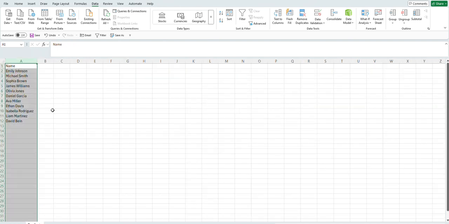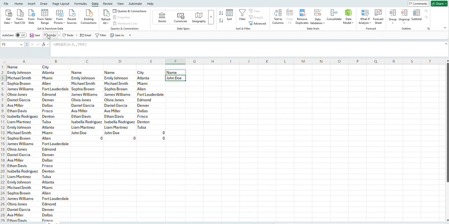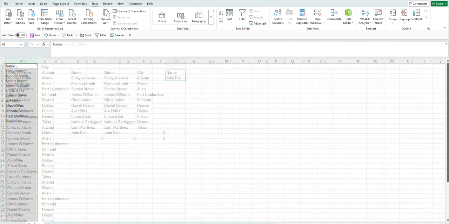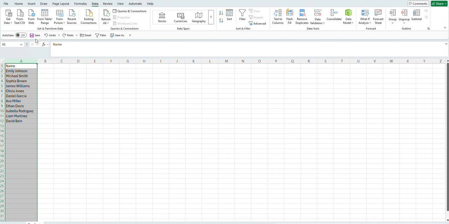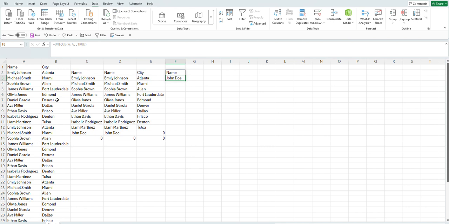Remove duplicates, on the other hand, if I come back here, first of all, your data is gone, right? Now, of course, in order to do the same thing, it's not dynamic. You'll have to undo, because I switched to the multiple tab. If you undo to come back to your original data, and then this David Bain is added later on, you can see it's not going to be part of it. So that's the idea here: another main difference between unique and remove duplicates is that